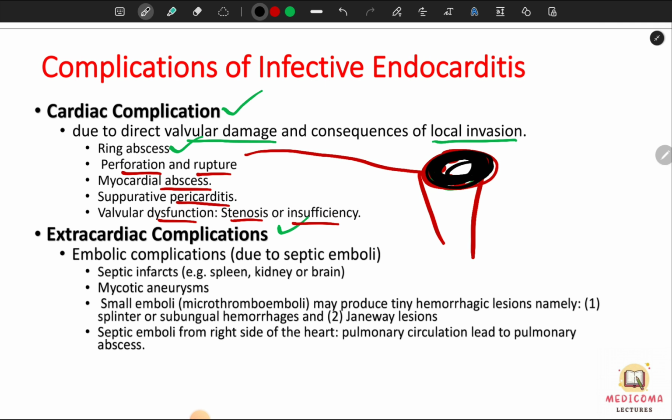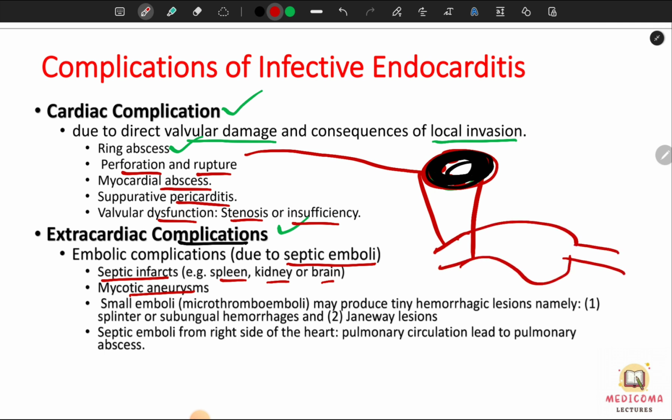Then what are the extracardiac manifestations we see in infective endocarditis? Embolic complications due to septic emboli. What are the septic infarctions, like spleen, kidney, and brain? Mycotic aneurysm. If there are emboli, they can make the blood vessel wall weak and lead to a mycotic aneurysm. And small emboli, microthromboemboli, may produce tiny hemorrhagic lesions like splinter, subungual hemorrhages, and Janeway lesions. Septic emboli from the right side of the heart can lead to pulmonary circulation problems like pulmonary abscess